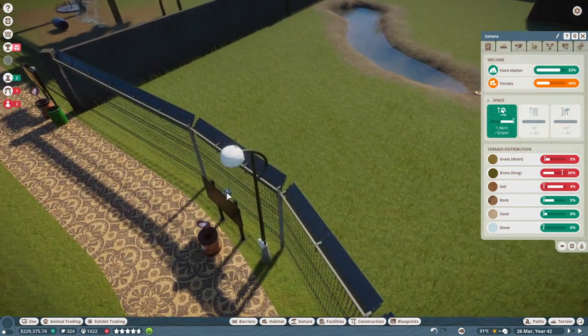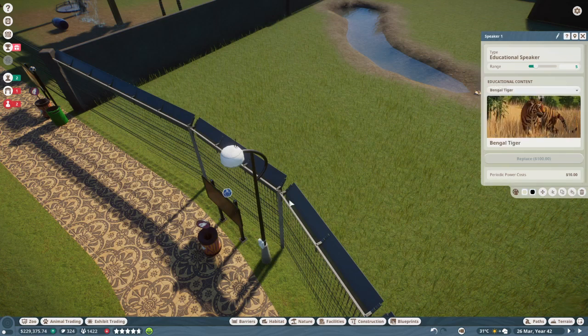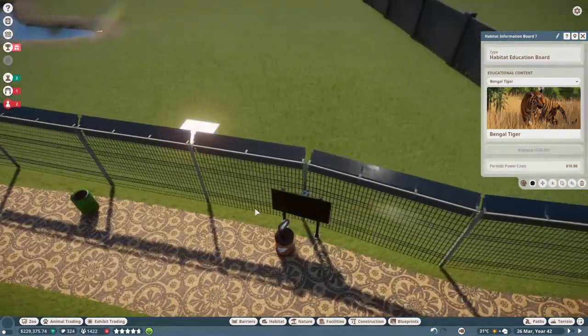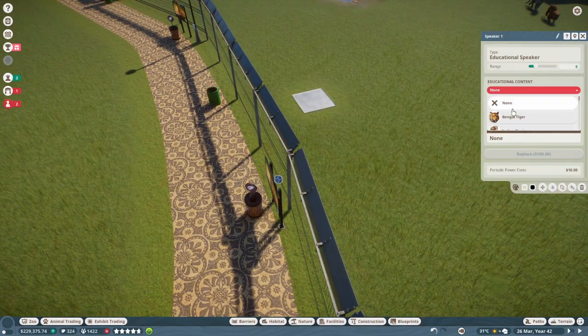So before I forget, because I always forget to do this part, let's set the education boards up. I didn't forget to put in some donation bins. I did that off camera, I believe. I did a few little bits and pieces off camera, like our red ruffled lemurs. More of them matured, so we